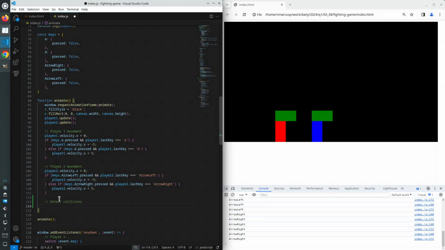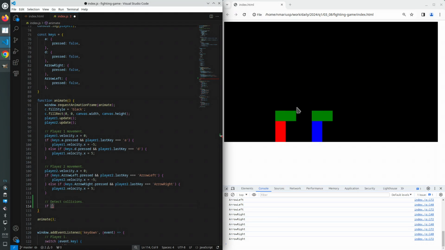And this is player 1 and the attack box of player 1. So player 1 is handling damage to player 2 if this